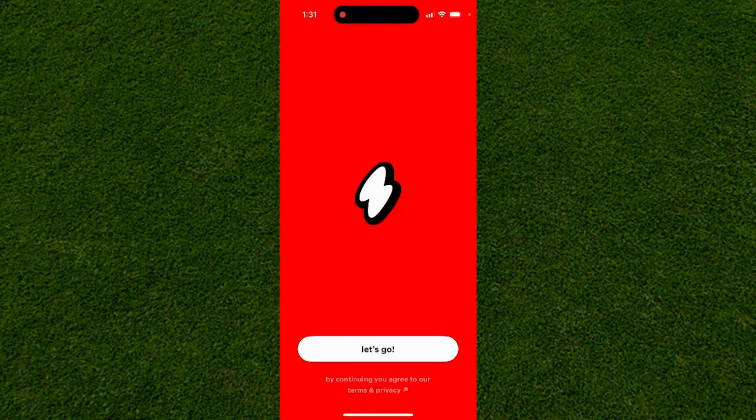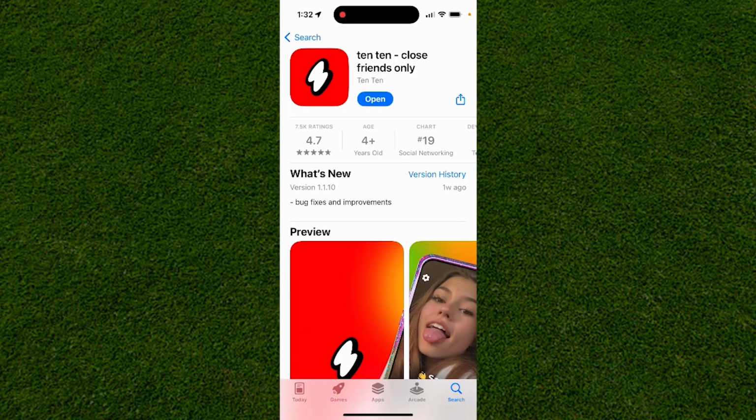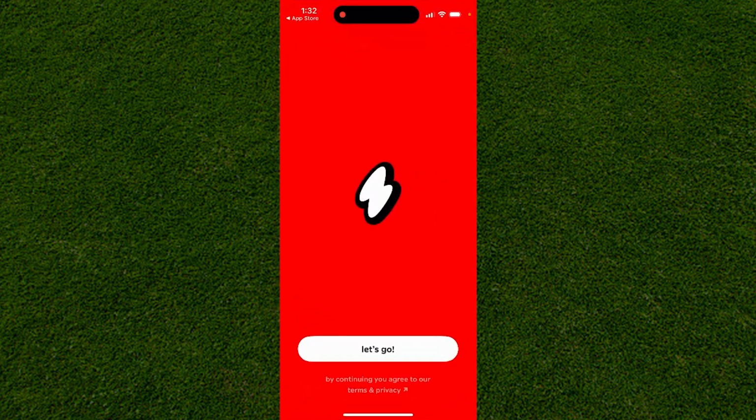Here's how to create an account in Tenten. Now, the first thing you want to do is, if you have not already downloaded the app, you should download it obviously. But once you open the app, it's going to bring you to this panel like here. And all you have to do is click on the Let's Go option in the bottom center